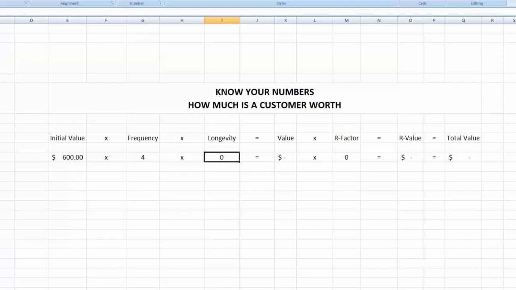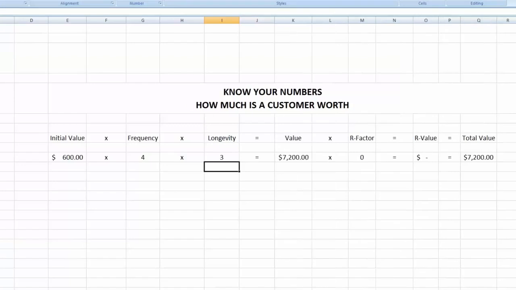Why did you change? And they're going to say something like, I order from somebody new every time, so your longevity is probably going to be 0, because they're just going to pick up the phone again the next time they need an order. Or, we dealt with Mary's embroidery business right down the street, and honestly, she's been doing our shirts for 15 years. She just retired, so I'm looking for a new vendor. So, okay, longevity, wow, now maybe it's going to be 10 years, or maybe they were just ordering shirts from the same person for 3 years. So you're going to estimate, okay, let's say 3 years. And this is Microsoft Excel, by the way, so I've got all these formulas in here.